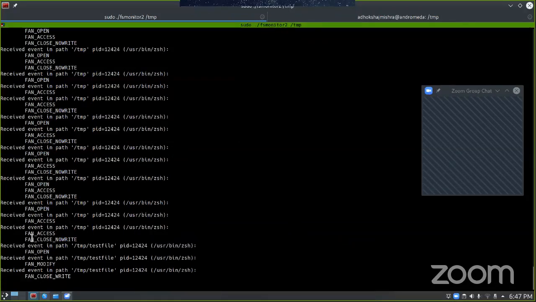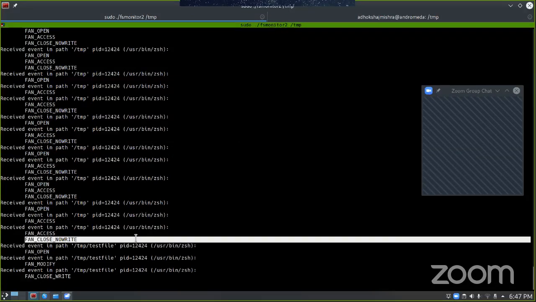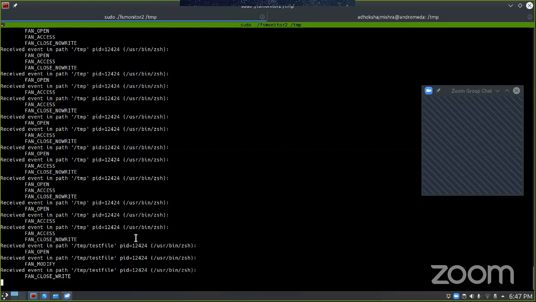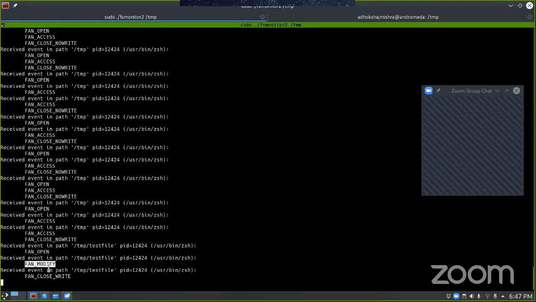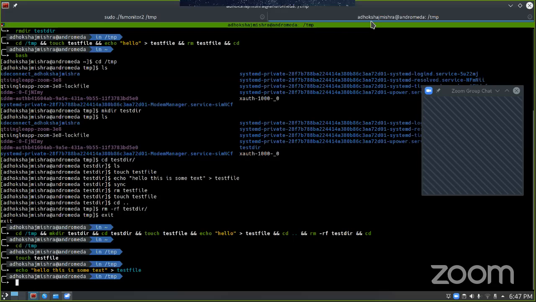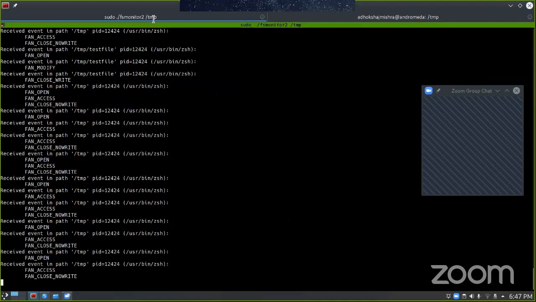Okay, here we can see that initially we got close with no write because there was no data written, and then again we got open, then modify, that means the content has been modified, and here we get again close write, so that means that something was changed in the file, and here you know that file contents have changed. And now I will remove this test file, and again I will get